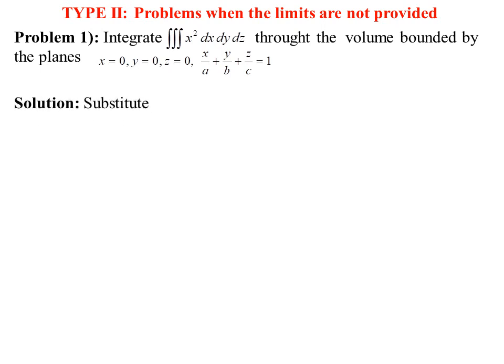So before we start the solution, this particular tetrahedron we can solve with these x, y, z variables also, but here I am substituting x is equal to au, y is equal to bv and z is equal to cw, just for simplifying the calculation. With xyz also you can continue. As we substituted these variables, the derivatives dx is equal to a times du, dy is equal to b times dv and dz is equal to c times dw we can write down.